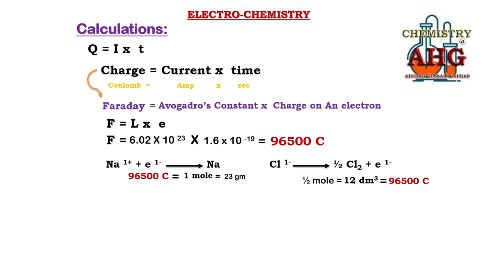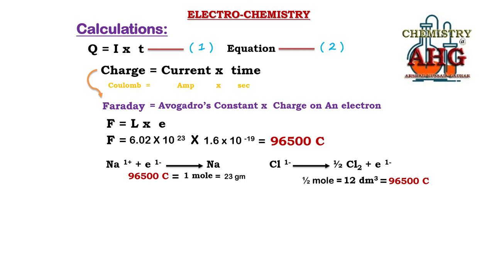So now these are the two steps. One step I told you, Q is equal to IT. This is one step. Whenever you want to do calculations for electrochemistry, this is the step that you can start your calculation with. And the second step, once you have used this formula, after that you will have to write down a balanced equation for reduction or oxidation, and you will have to use the concept of mole. You will have to use the unitary method to complete the calculations for your numerical problem.